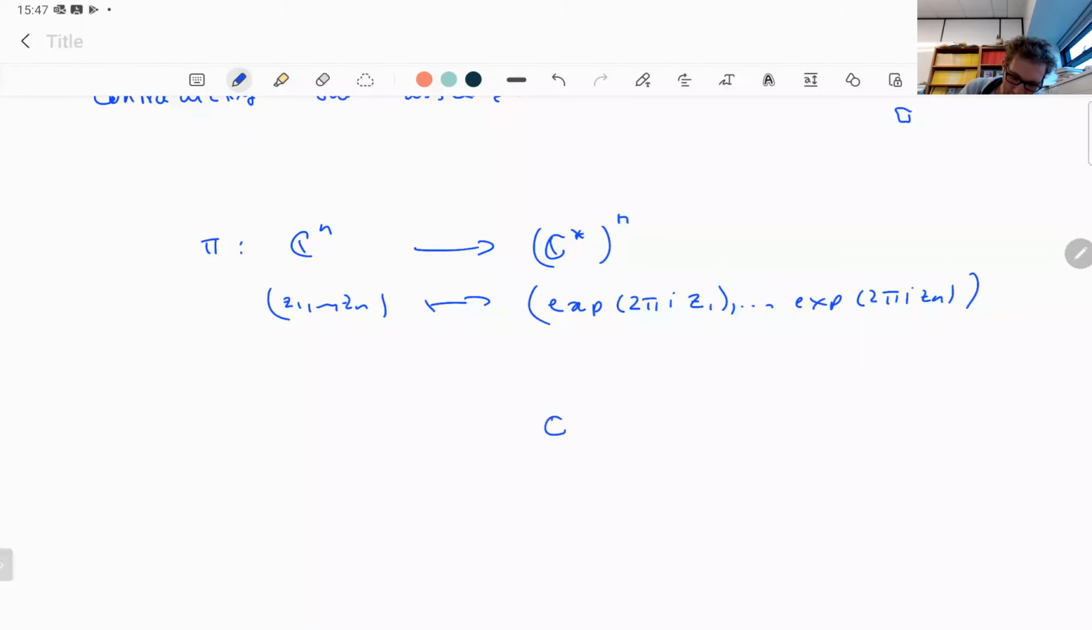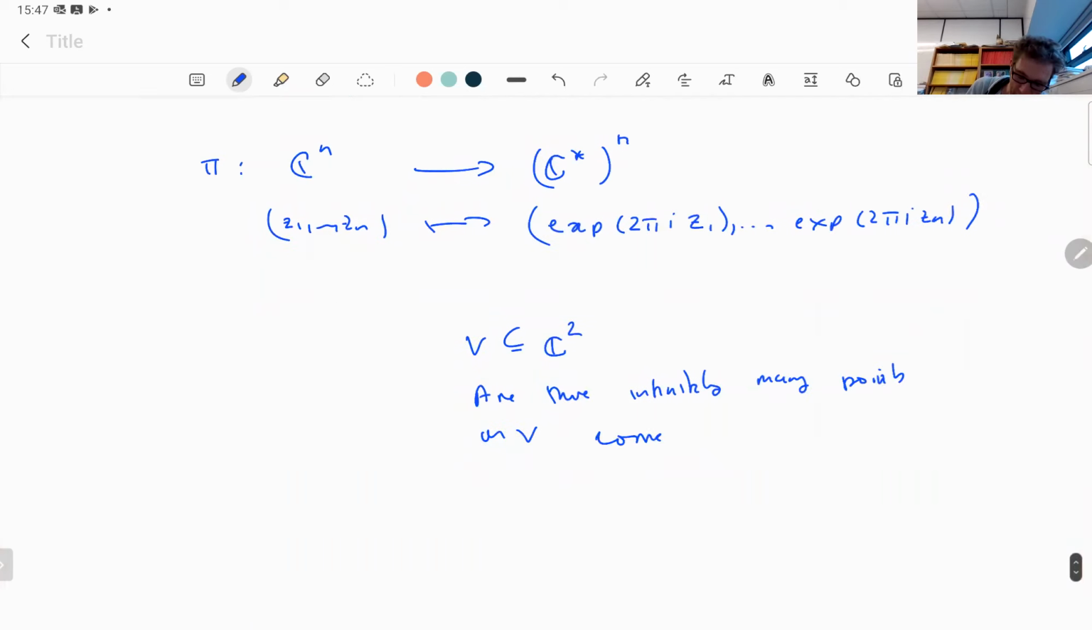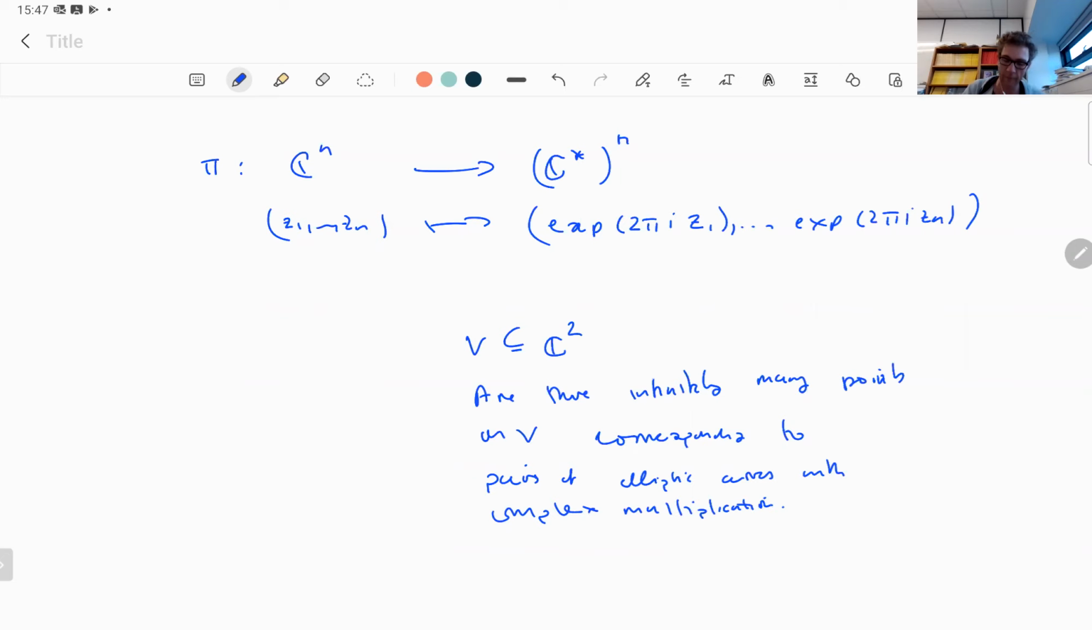So you can think of elliptic curves as being parameterized by C, and then you can take pairs of elliptic curves, and you can look at a curve V in there, and you can ask: are there infinitely many points on V corresponding to pairs of elliptic curves with complex multiplication? Question. And the answer is that there could be,